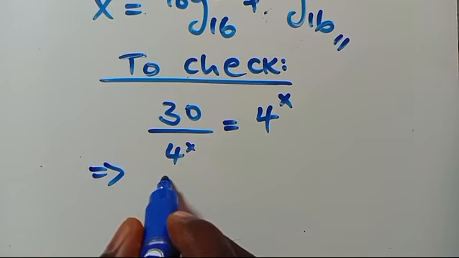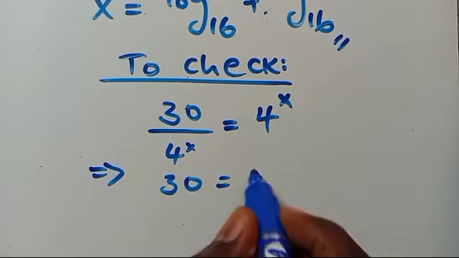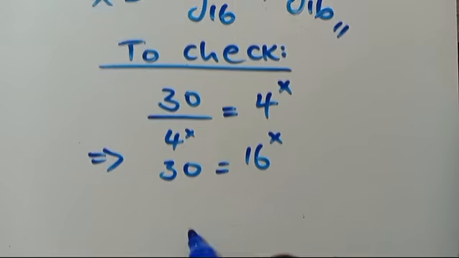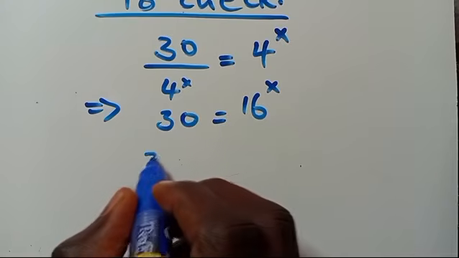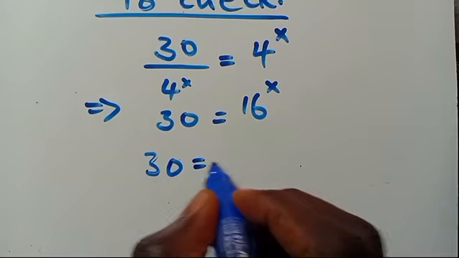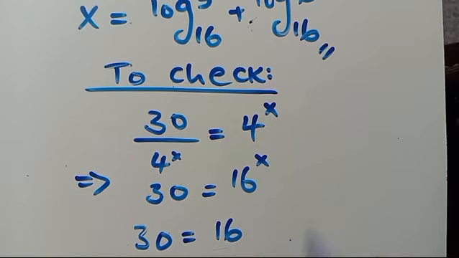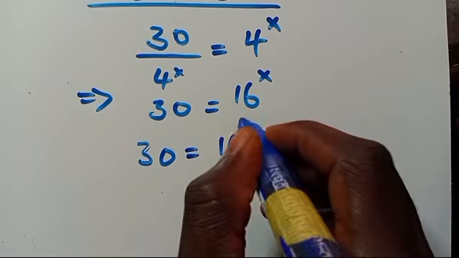We have 30 equals 16 to the power of x. Then from here, let's see if this will satisfy. So we have 30, 16 to the power of our x, equals